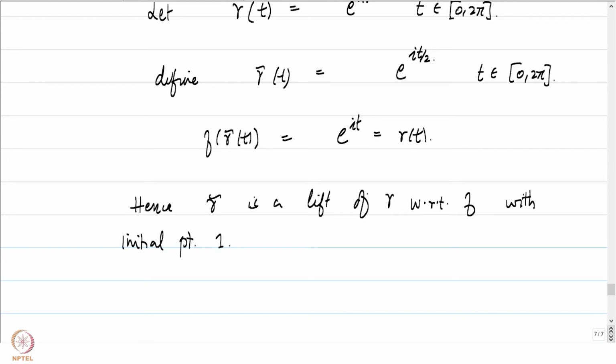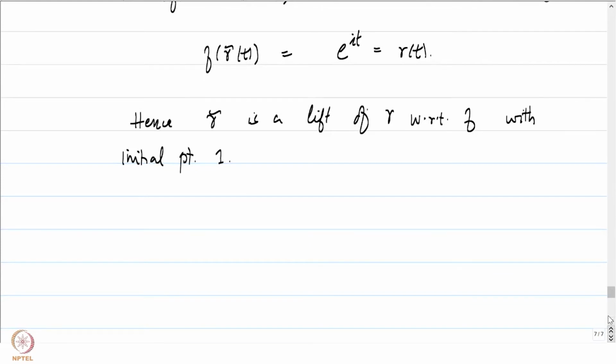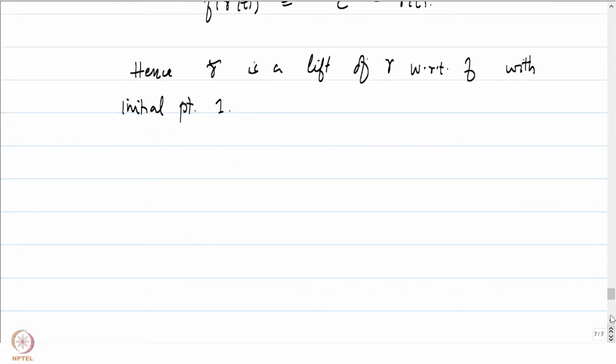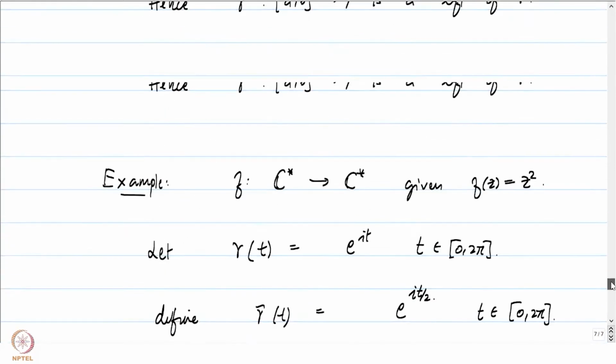But notice that gamma is the unit circle, it's a simple closed curve. However, gamma tilde is a curve which starts at 1 and ends at minus 1. So this is not a closed curve. So a closed curve need not be lifted to a closed curve. That's the first thing that we can note. Of course, if you are lifting a null homotopic curve, then the story is different, because now the entire homotopy can be lifted, and therefore the homotopy will lift to a null homotopy in y as well, and therefore the curve will continue to be a closed curve, but not in such curves where it's not null homotopic.